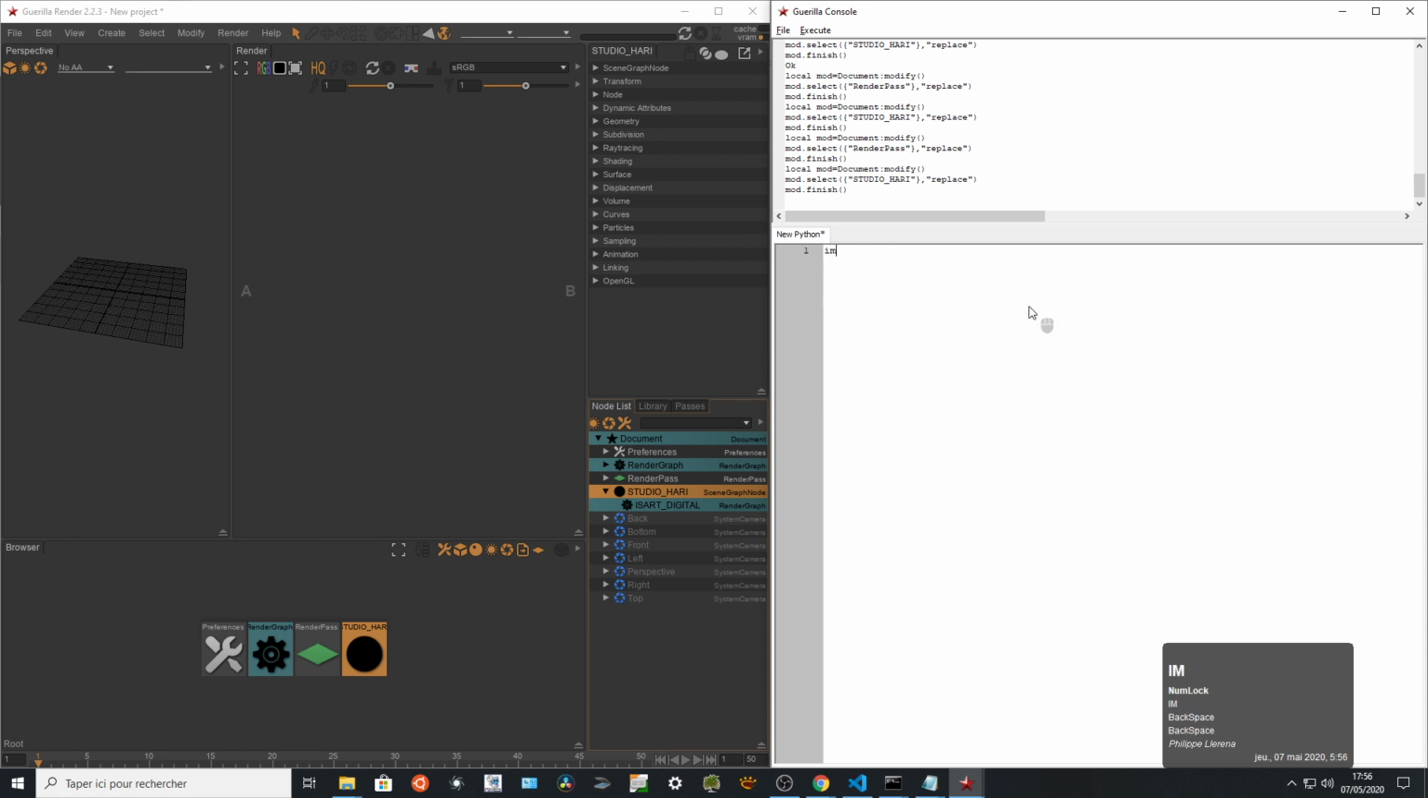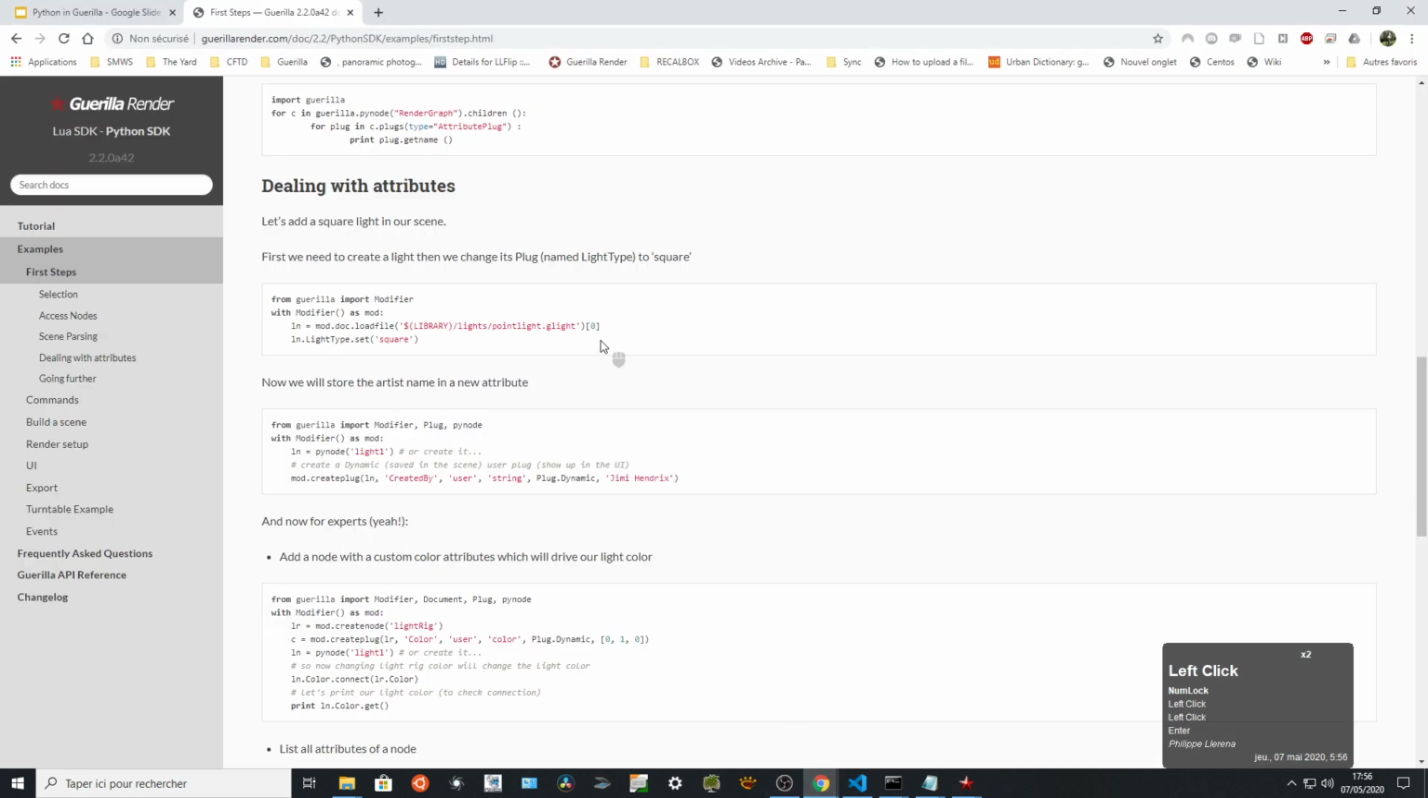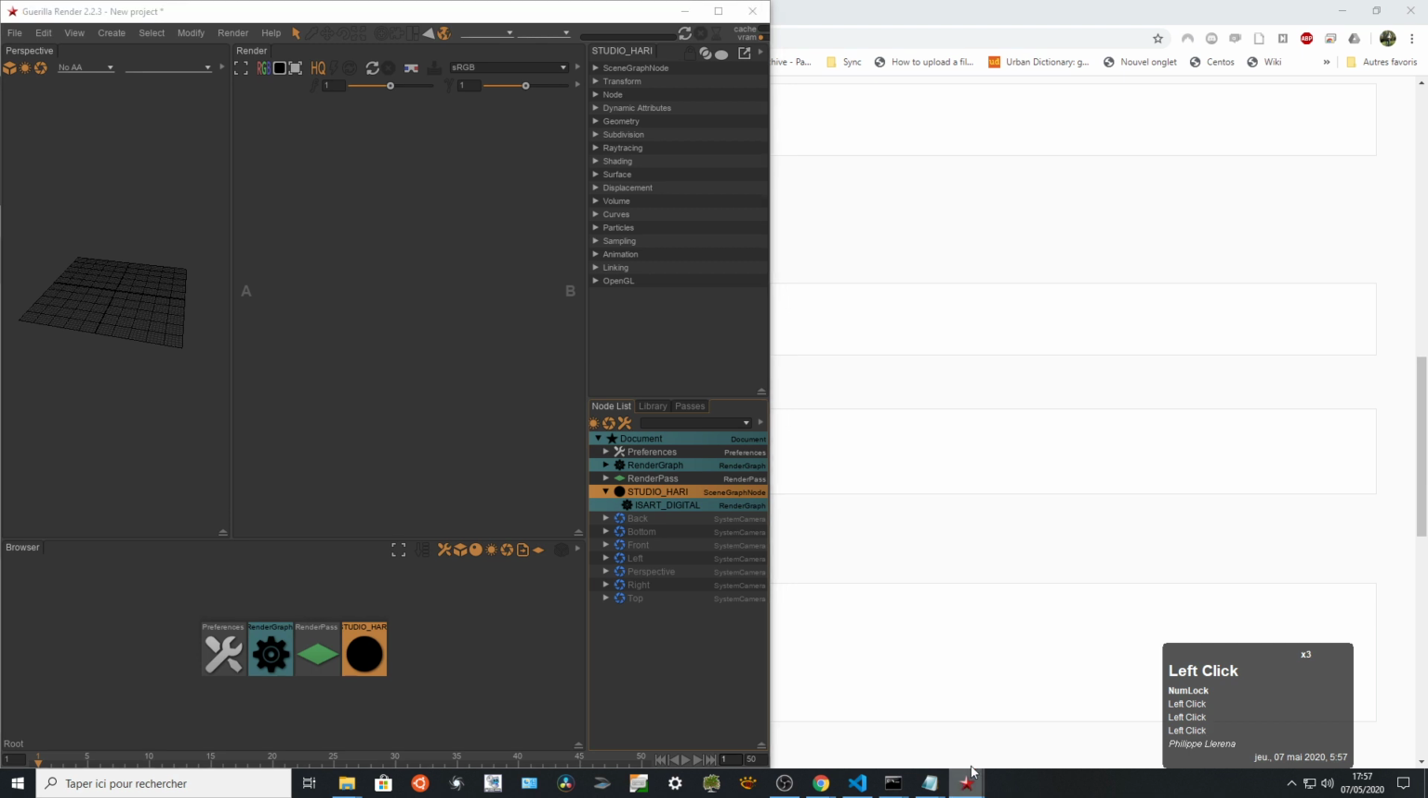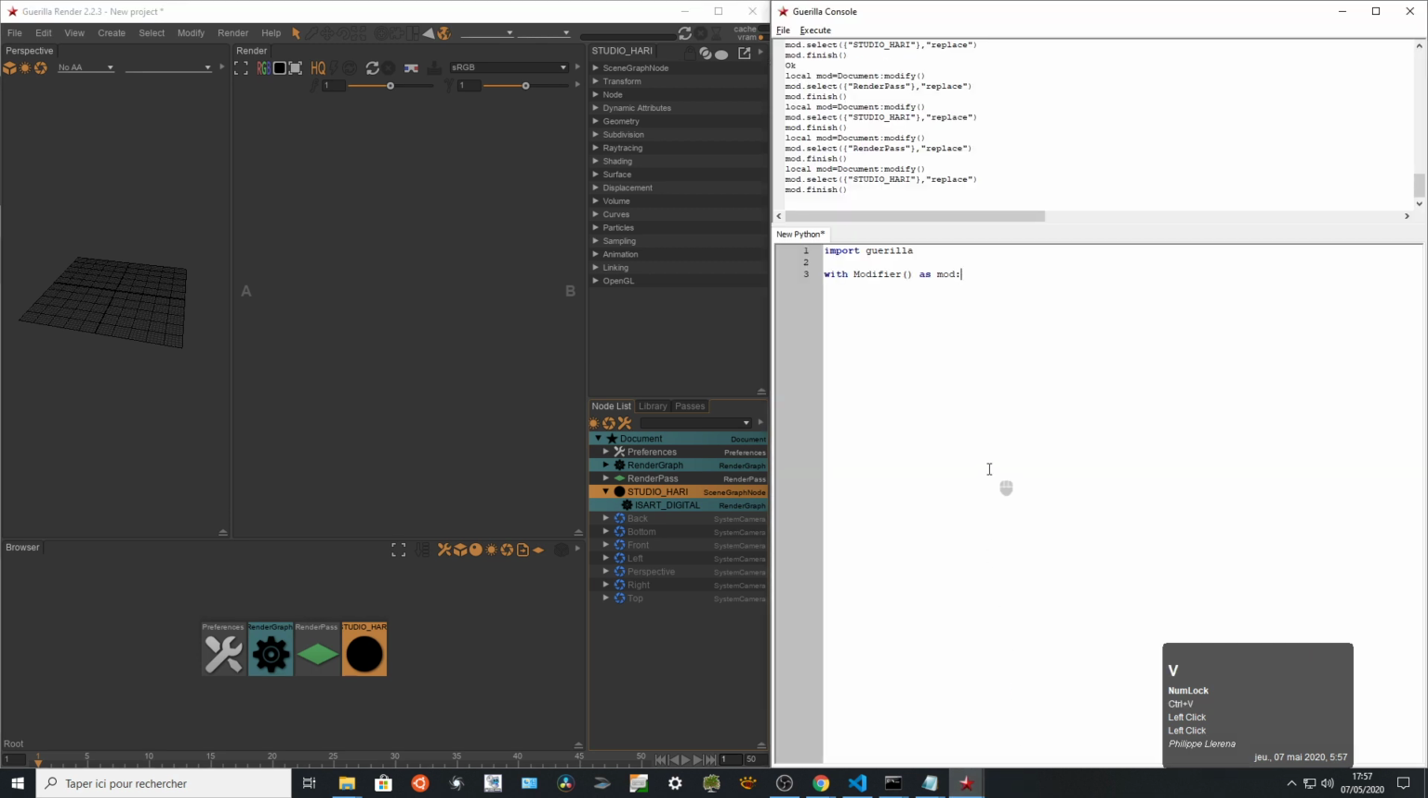So I'm gonna import Guerilla, of course. And as you can see in this case, we use a modifier, because we need to create some part of the code under some context. So I'm gonna create a modifier like that: Guerilla.modifier. I'm gonna call the builder of the class of modifier as mod. And with this, I'm gonna